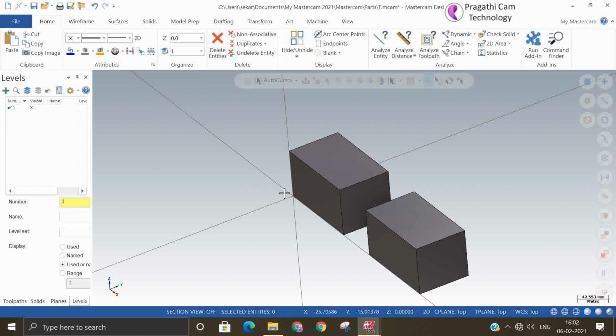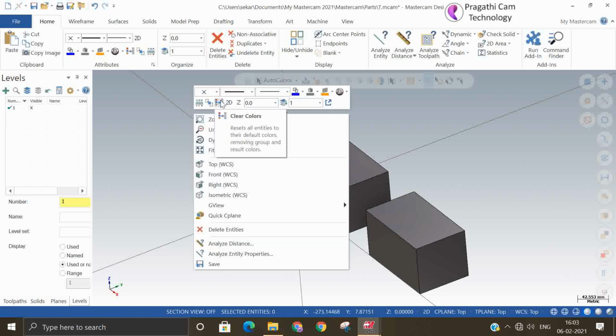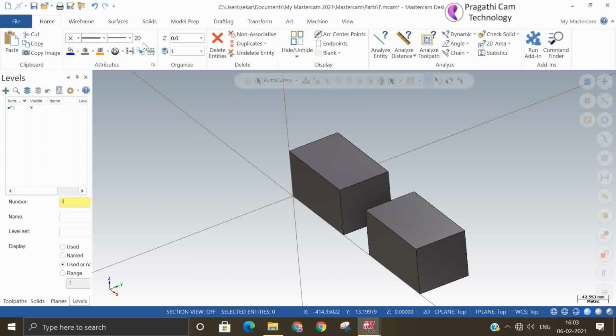If you say clear colors, both will appear in the same color now. It will show you the same designed color. It will clear the child and parent relation. The same thing is available in right click also, clear colors. You can use it from here also.